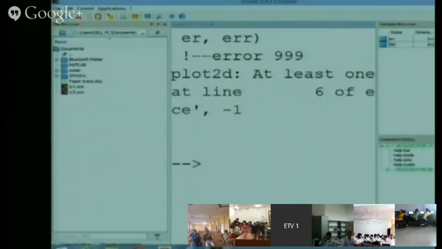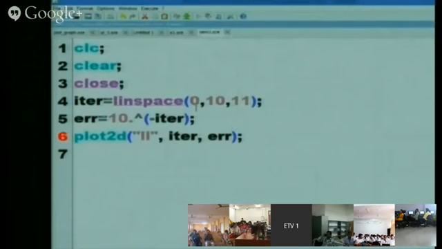This is a problem in the declaration of x. 0, 6.